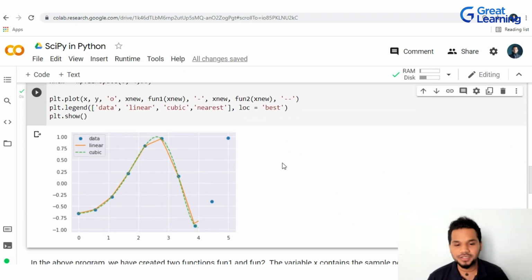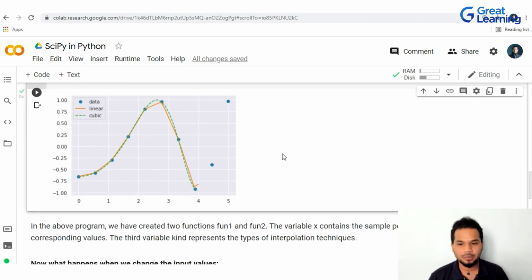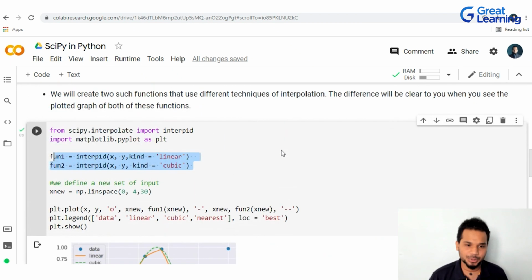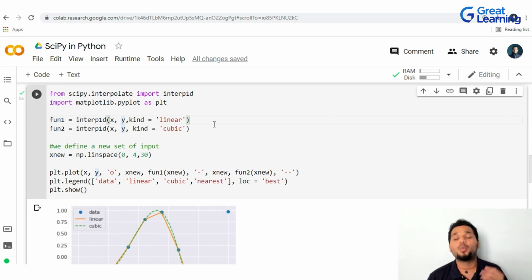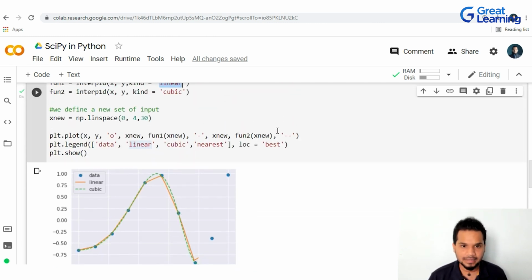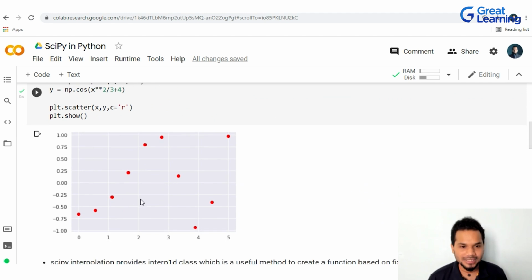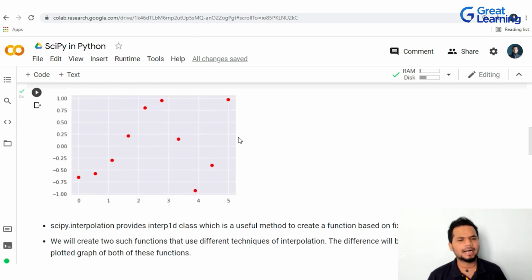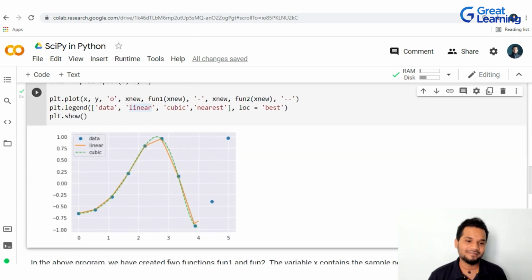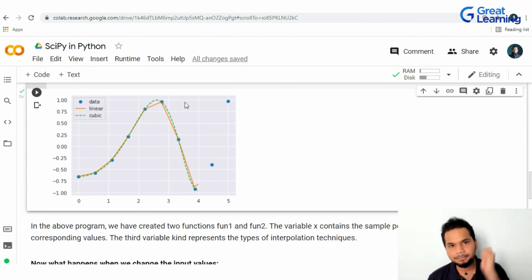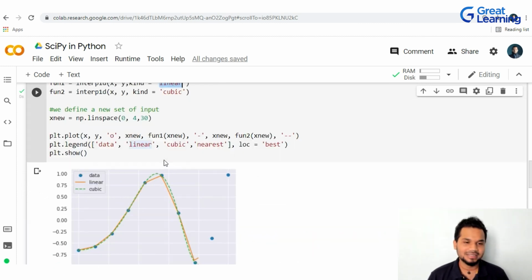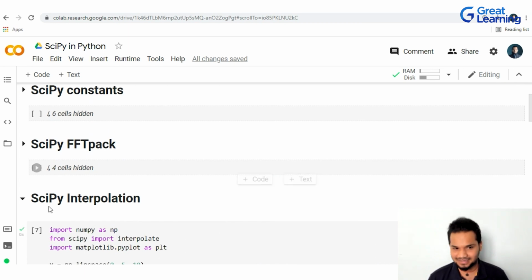So we have created 2 functions here, function 1, function 2, and all the sample points and variables that are associated with it, you can see here, right? You can see X, Y, and the way of how you're supposed to go about doing interpolation. There's multiple ways. Linear and cubic are the popular ones that you can go about seeing. So we took something that looks as plain, as boring, as uninformative as this, to understanding every single point that lies in between these 2 entities that we have in discussion, right?